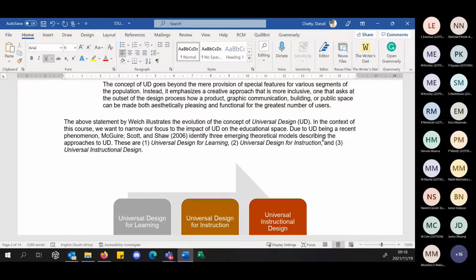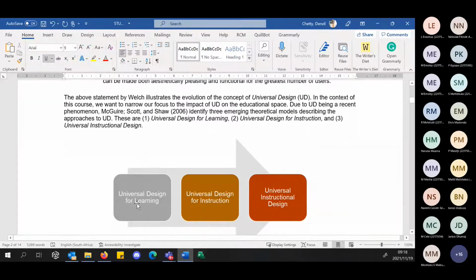Now, if we look at the 3 elements that are described by UD: universal design for learning, universal design for instruction, and universal instructional design. They kind of break these up into 3 spaces. Universal design for learning: how do UD principles apply to learning? How do the UD principles apply for instruction? That means the facilitator or academic instructing your student in the spaces. And then the instructional design talks about the entire medium in which we design the content, design the learning experience. How do the universal design principles come with an issue of compliance in these three different dimensions?